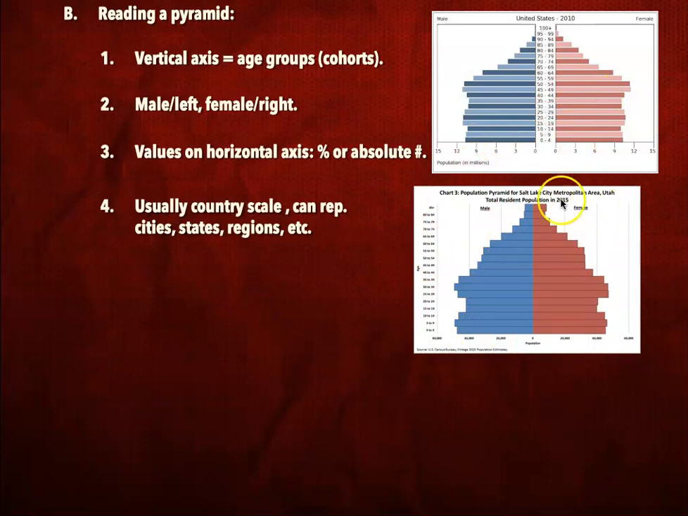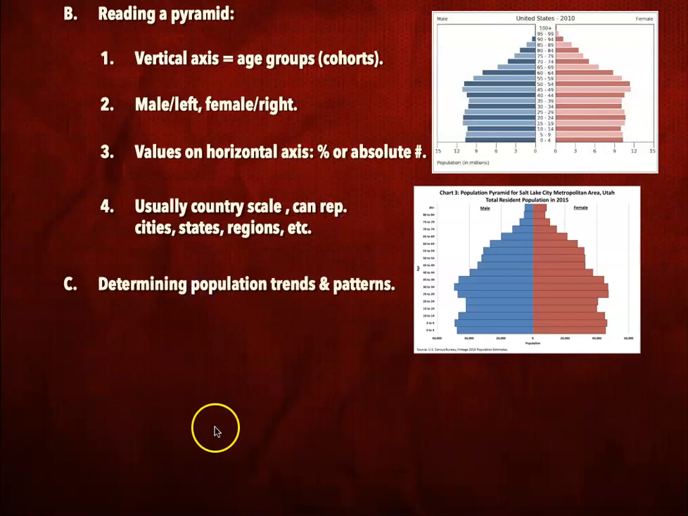As I mentioned to you before, as far as the scale of these things, it can be all over the place. I've seen population pyramids that go out as much as a continent size. A lot of them will break down by country. We'll look at a number of them that break down by country, but that's not the only way. You're looking at one that is for Salt Lake City, so just one specific city in the state of Utah, and so cities, states, regions, it really can go pretty much anywhere that can be represented